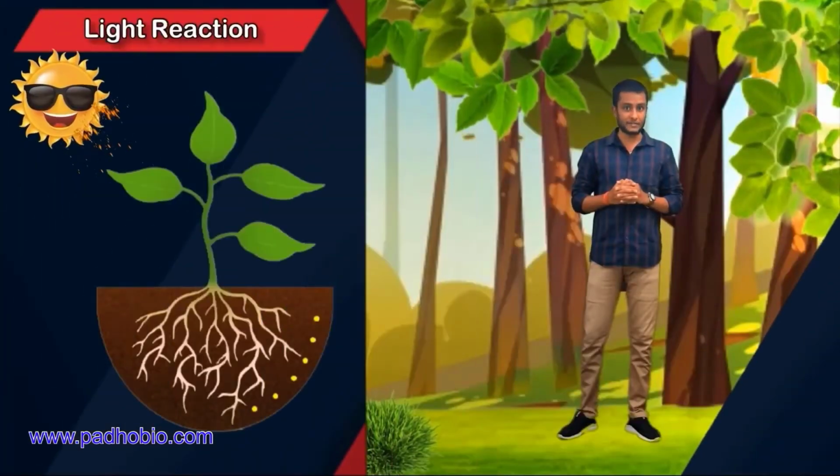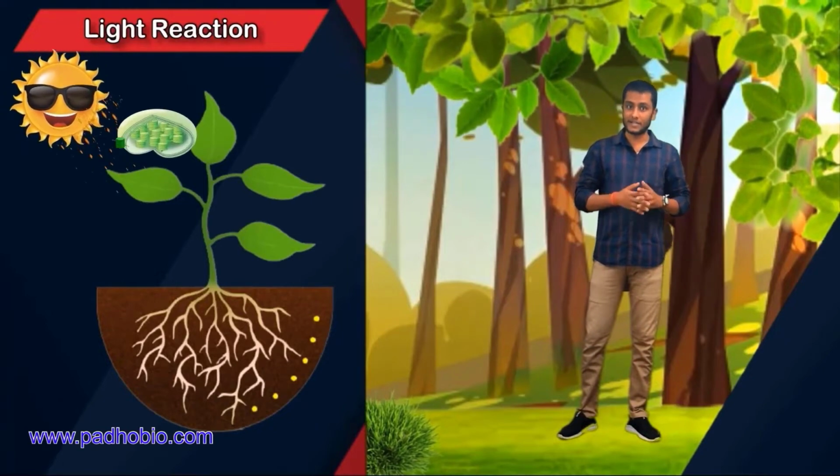Why is it called a light reaction? Because the light reaction requires direct use of light. That is why it is called a light reaction. Whereas in the dark reaction, there is no direct use of light. That's why it is called a dark reaction. But most often people think that the dark reaction is performed under dark conditions. But this is totally a myth. That is not true. So here are some important points about the light reaction.